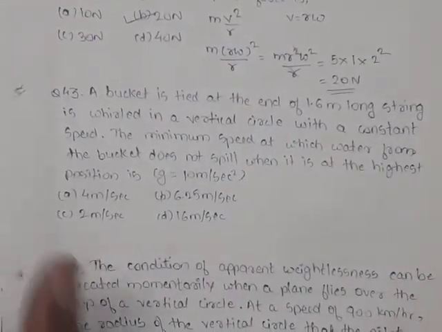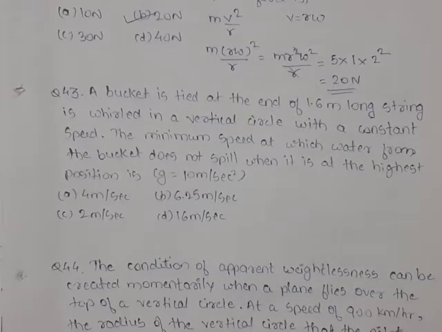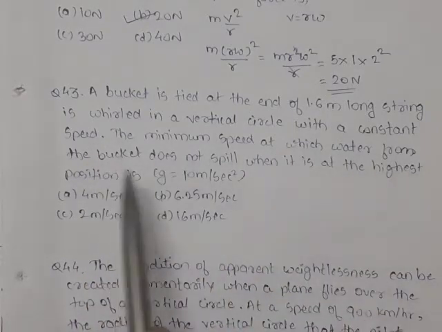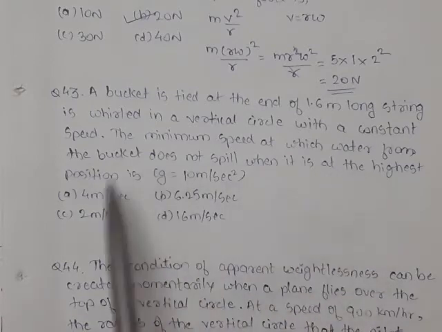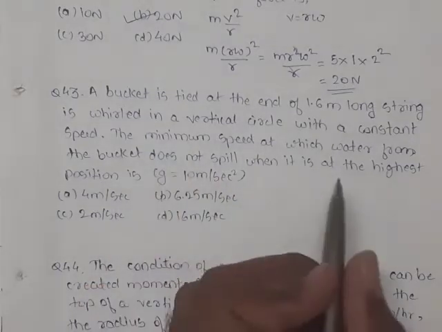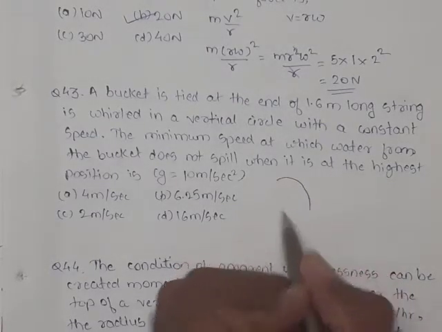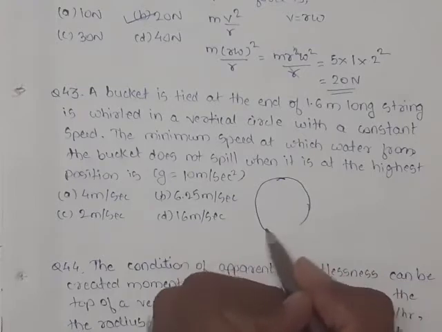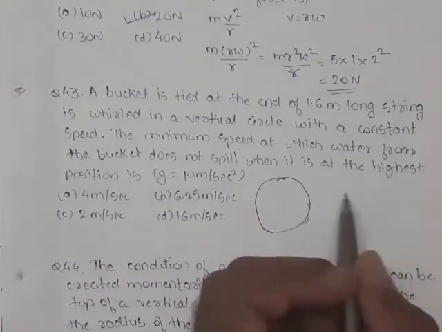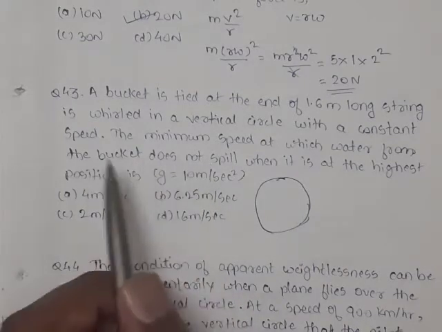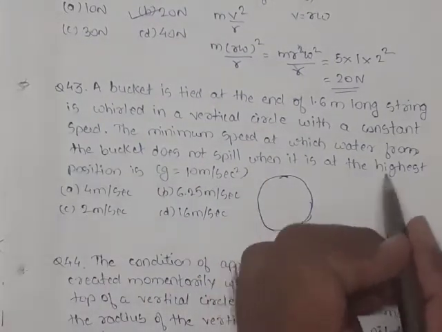Question 43. A bucket tied at the end of a 1.6 meter long string is whirled in a vertical circle with a constant speed. The minimum speed at which the water from the bucket does not spill when it is at the highest position is. So now it is moving in a vertical circle. And we know that one condition is given, that the water should not spill from the bucket. For that it is important that the value